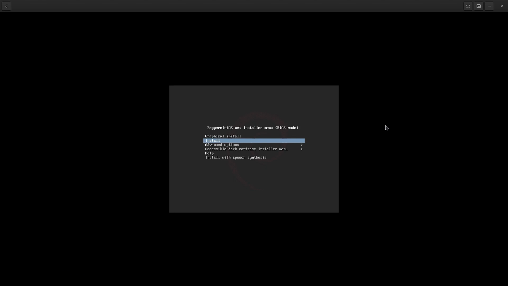So the installation menu for this net installer of Peppermint is just the same as you get in the Debian net installer. The graphical install method is there, the install method is there, advanced options are there. See, everything is the same as you get in the Debian net installer. You can see here the accessibility featured installer menu. Then the speech synthesis installer menu is there. So I will choose the first one,